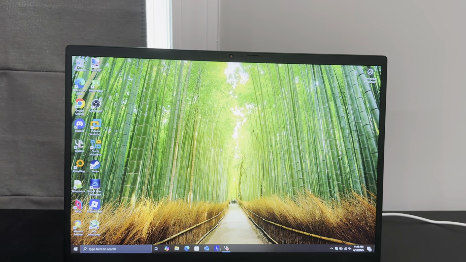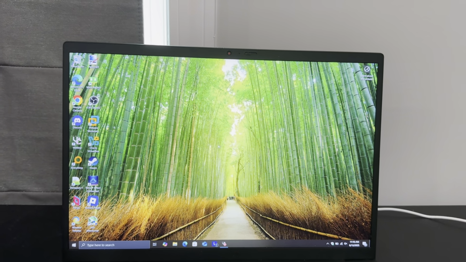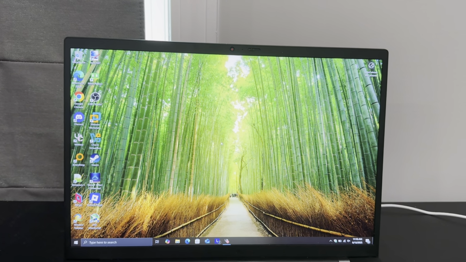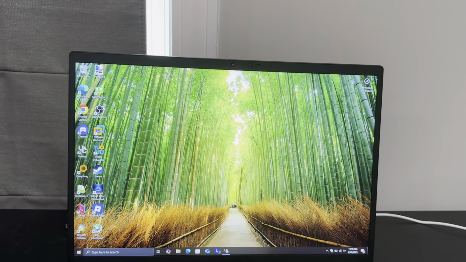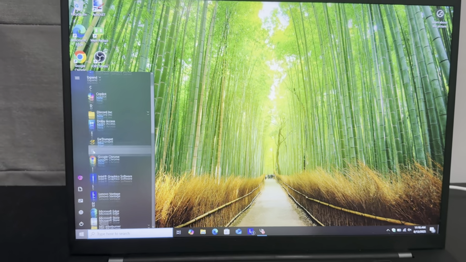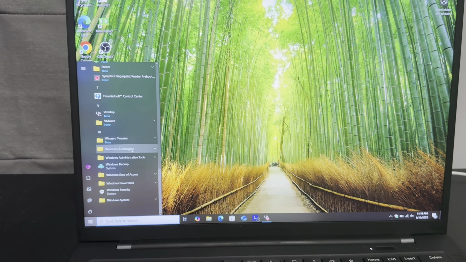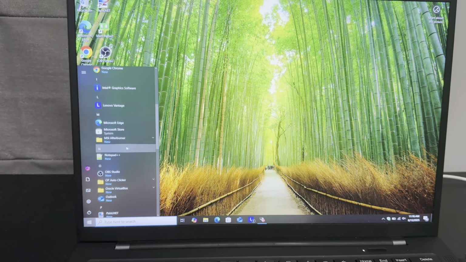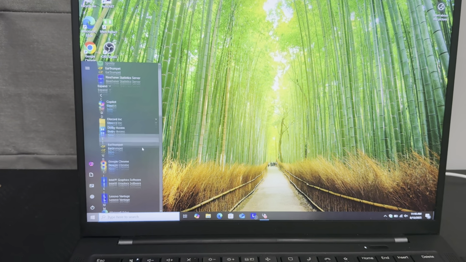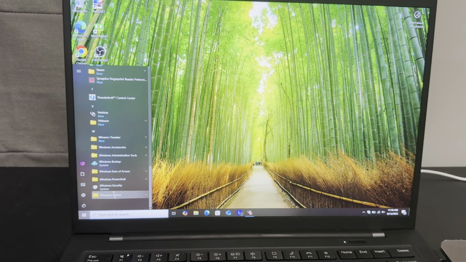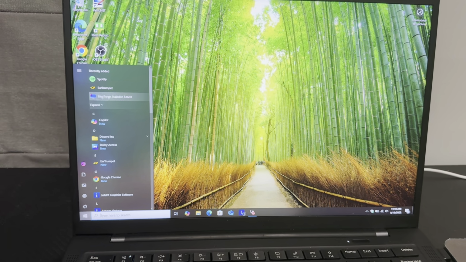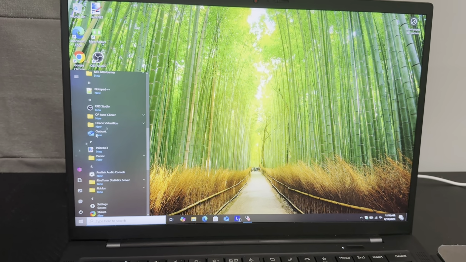So I went from Windows 11 Pro to Windows 10 Enterprise IoT LTSC, and the first thing that I noticed was the lack of bloat when I first set it up. There was absolutely nothing installed, and all this stuff that you're seeing now is stuff that I installed. The only thing that really came pre-installed was this stuff down here and some stupid stuff like Copilot, Microsoft Edge, just like the regular Windows things,